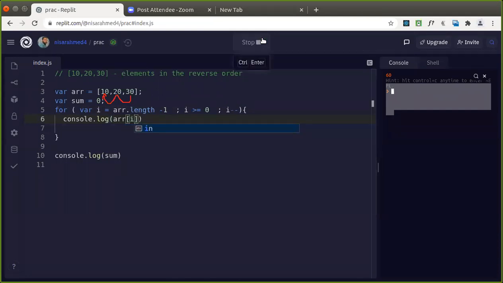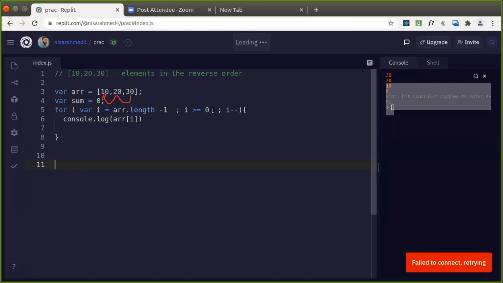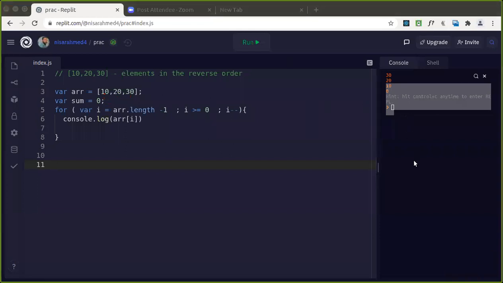Okay. Good. So we got the output here with the values.